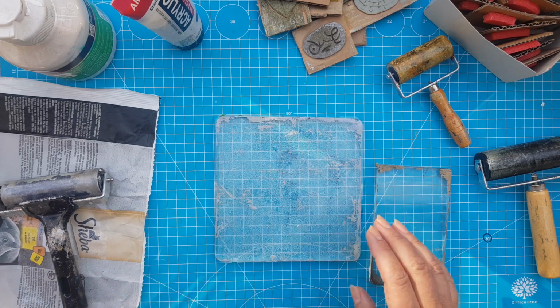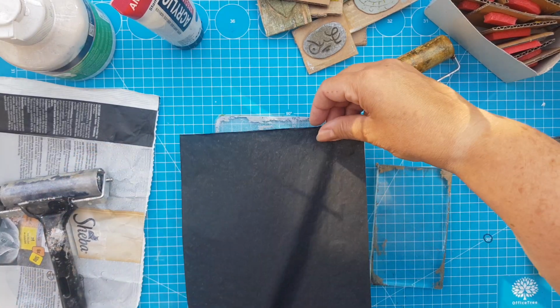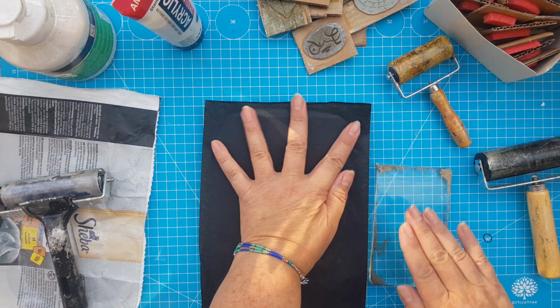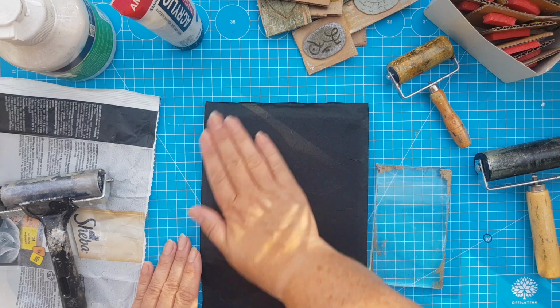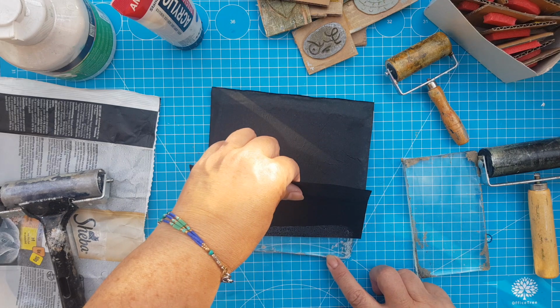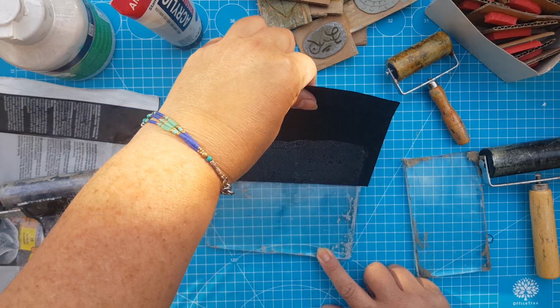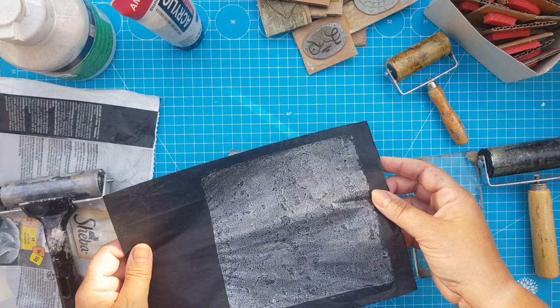You see there's some left. So I will try to do that on, well, let's take a black tissue paper. Just get the ghost print. Because sometimes, you know, a gel plate needs to be used a couple of times before it actually activates. Ooh. Yeah, okay, I like this. Very simple,